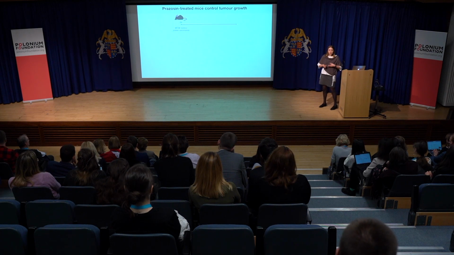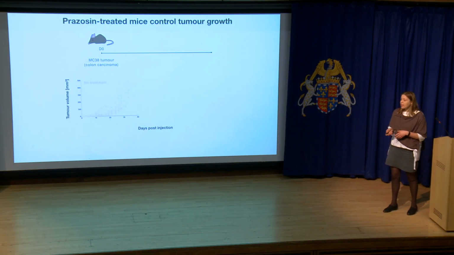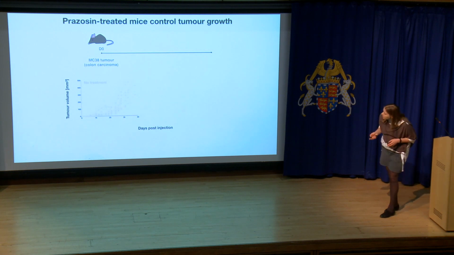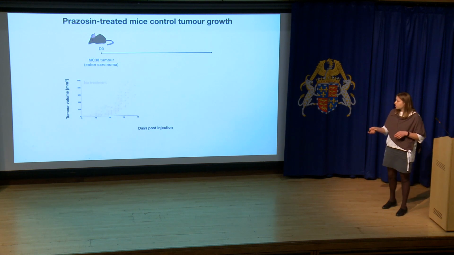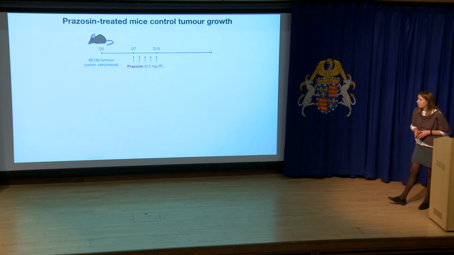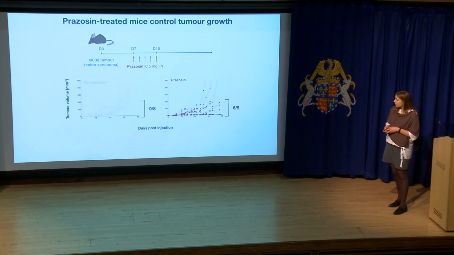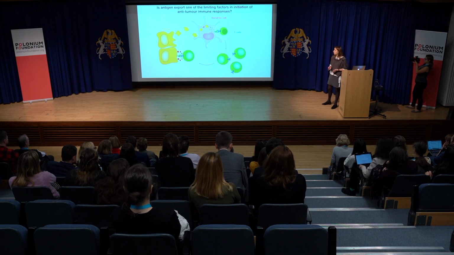So in these experiments, we injected tumors subcutaneously in mice, and then we followed tumor growth. Here you can see that in control mice, it's not very bright, but over the period of about a month, the tumors are growing rapidly. We then took these mice and treated them with prazosin when the tumors appeared. And in 6 out of 9 mice, we actually see control of the tumor growth, which we did not see in non-treated mice. So this was very exciting, and we wanted to see whether this would also work for tumors